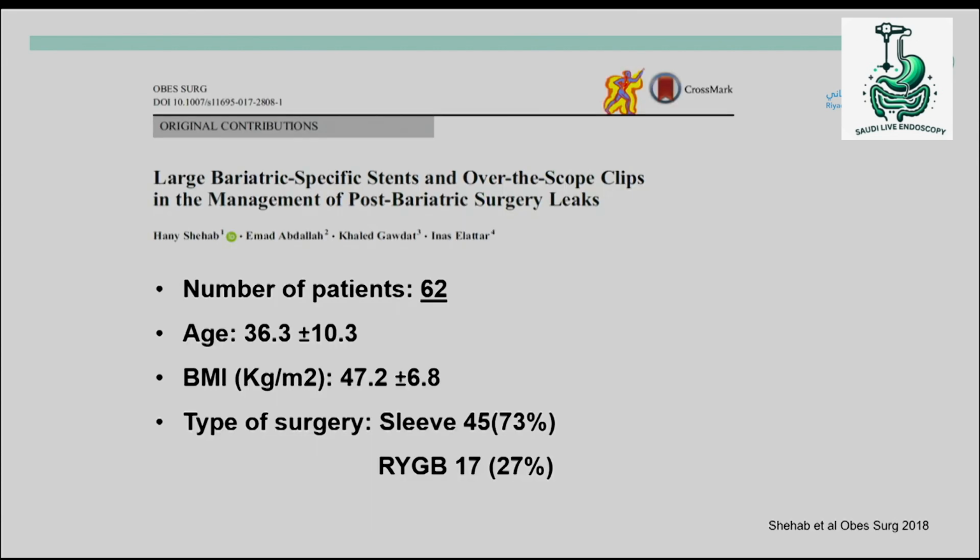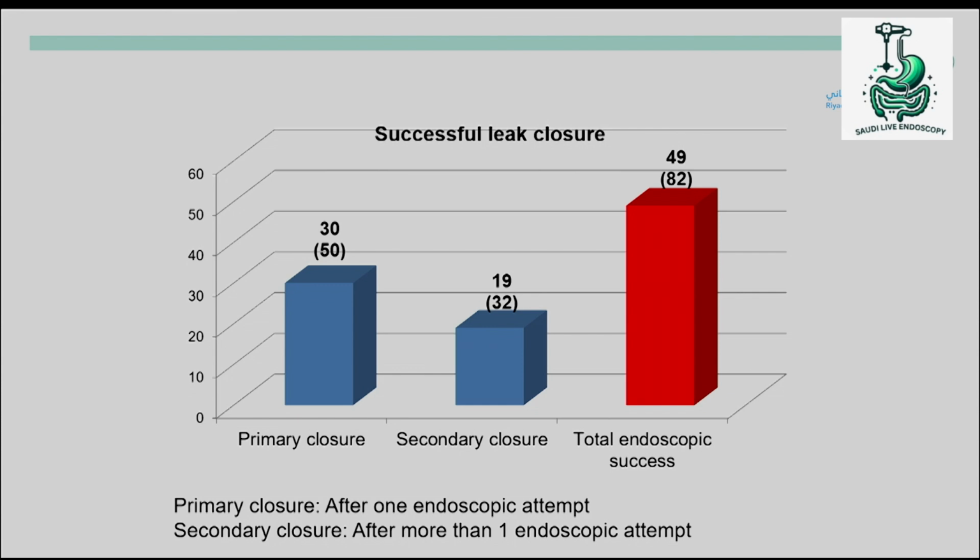So this is our study that we did on the use of these very large megastents. I think it's a very important study that showed us many things. One of the first things we know it gave us, we reached the result of about 82% success rate, but the more important thing is that we showed that in one attempt you reach only 50% success, but if you do persist more, try either by putting further stents, other endoscopic modalities, another 32% will actually reach leak